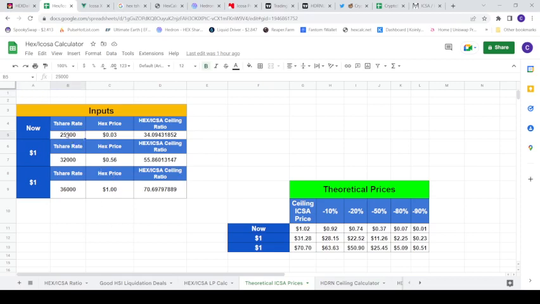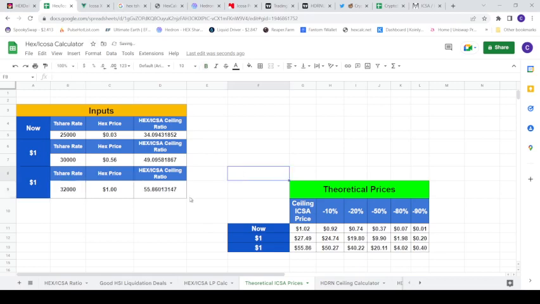So here we can do, let's do, current T-share rate 3 cents, and then let's do like 30,000. And HEX price, old all-time highs. And then this would be kind of later on. Maybe let's do like 32,000